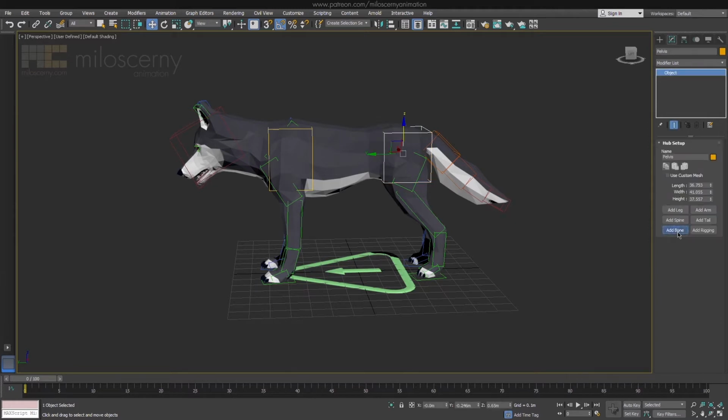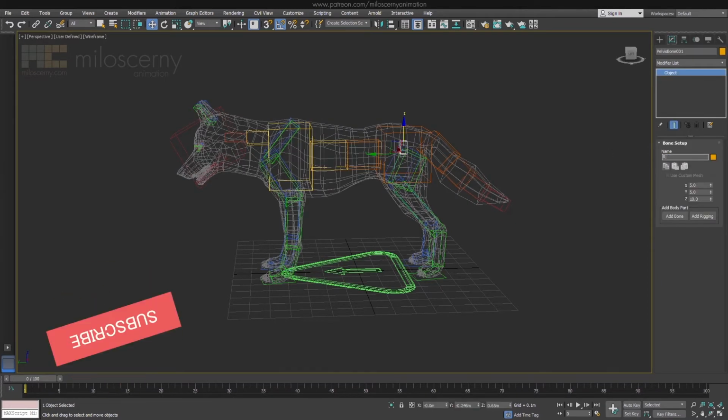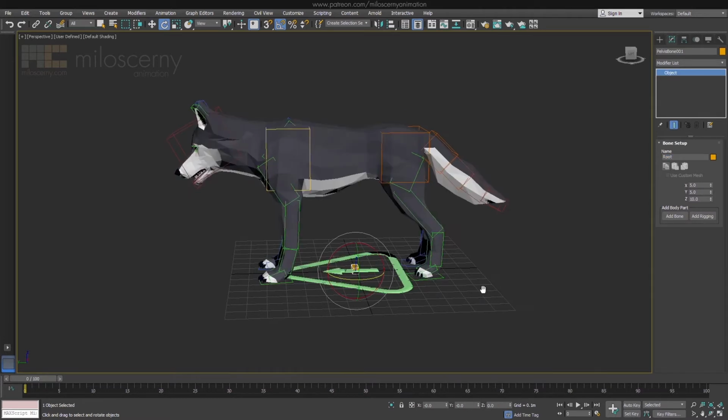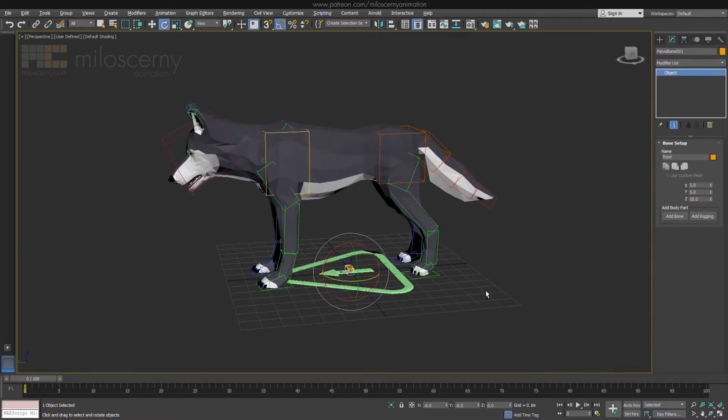Let's create an additional bone for pelvis. Name it root and zero it out. But now it will be a child of the pelvis and driven by pelvis, which we don't want. We need it to be above the pelvis in hierarchy. So link the pelvis to it, and if it moves, zero it out again.